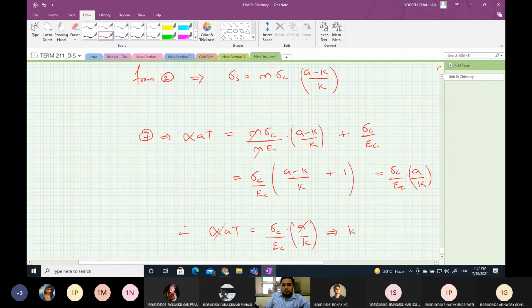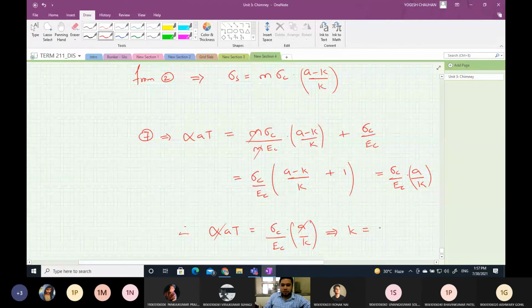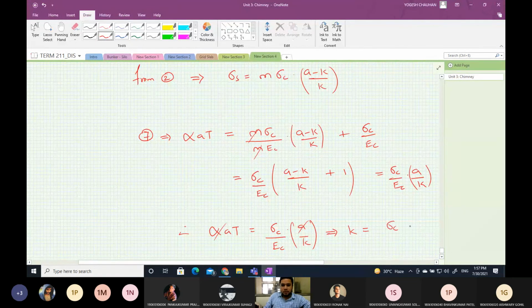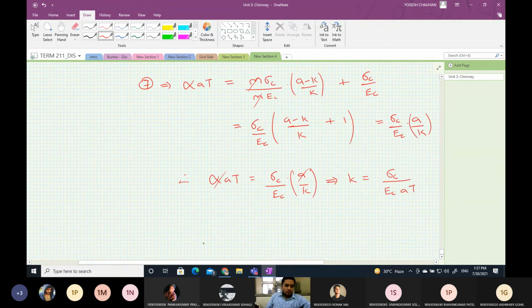So this implies you can write k. You can find k here. So k will be equal to sigma c by Ec alpha t. Okay, you can find it this way, or